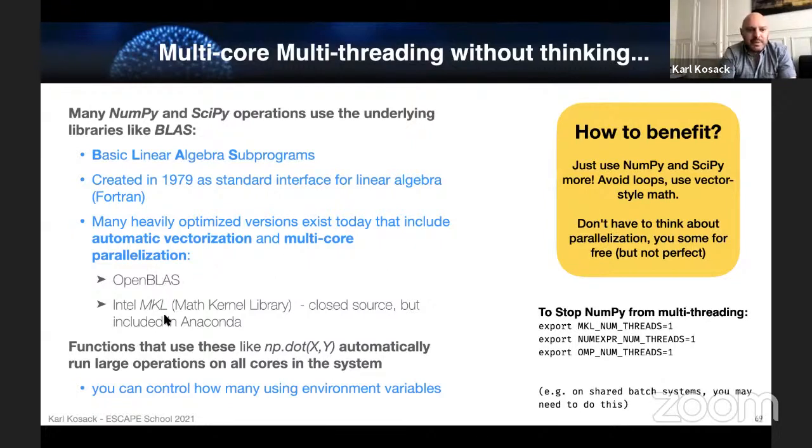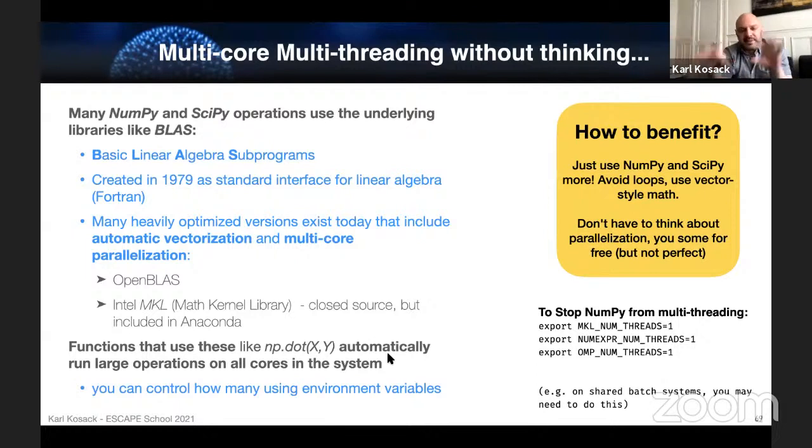So the two implementations that are usually used are OpenBLAS or Intel MKL. Both of these have BLAS implementations, and they both provide very fast speeds. It's particularly the MKL one that you get with Anaconda. So if you use functions like np.dot or something from any of the linear algebra library or any of these standard NumPy functions, generally it will automatically run on all the cores of your system.